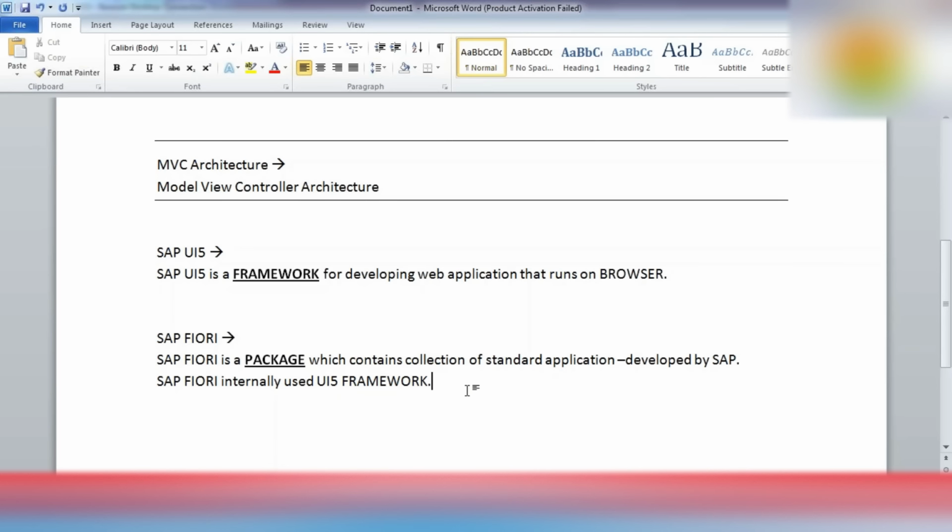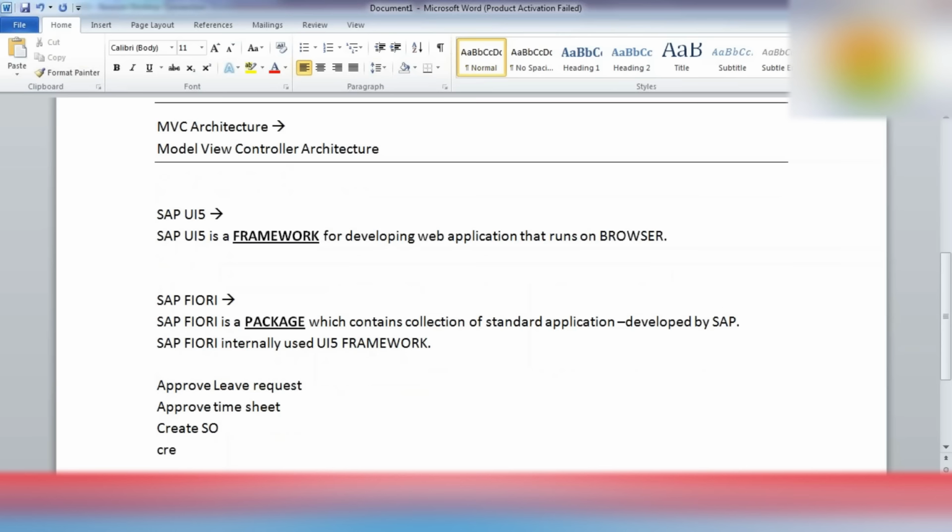Standard applications means, let me just tell you some of them. Which are all the standard applications? Like approve leave request, this is also a standard application. Approve timesheet. Create sales order.